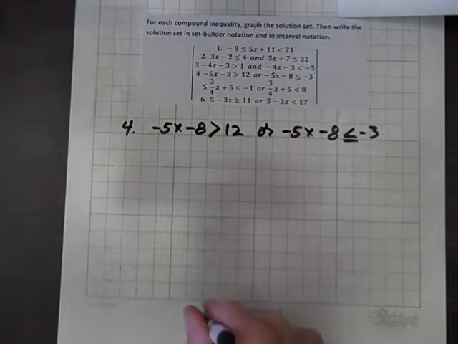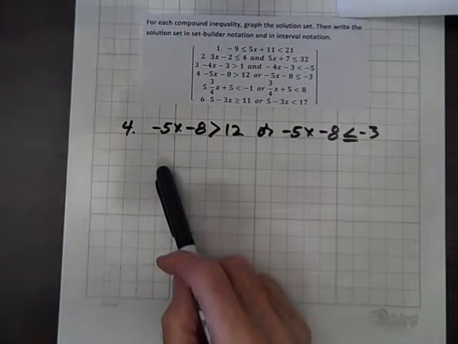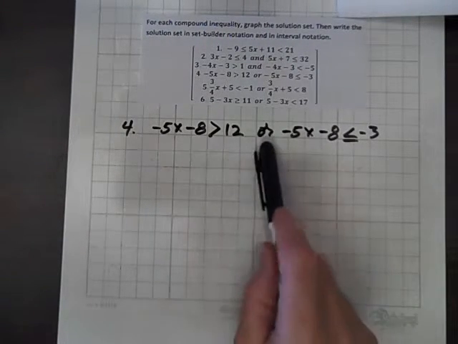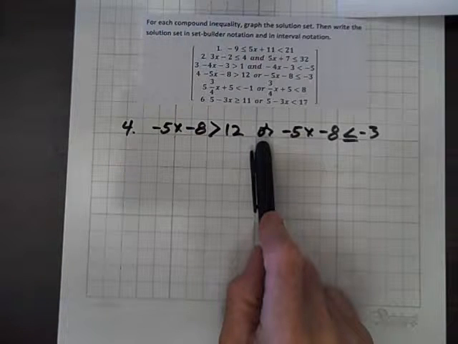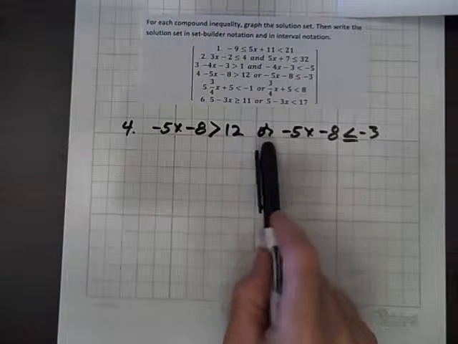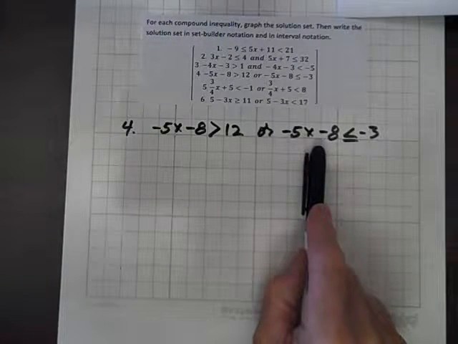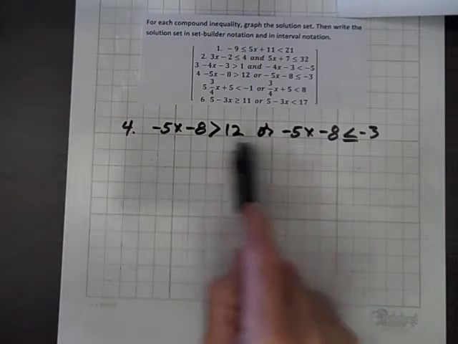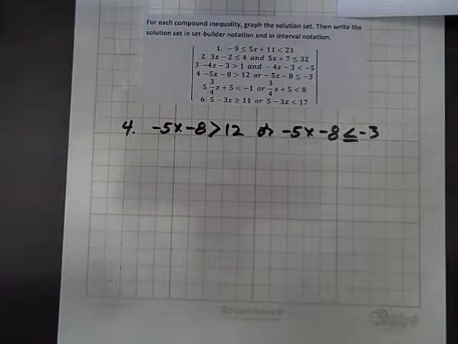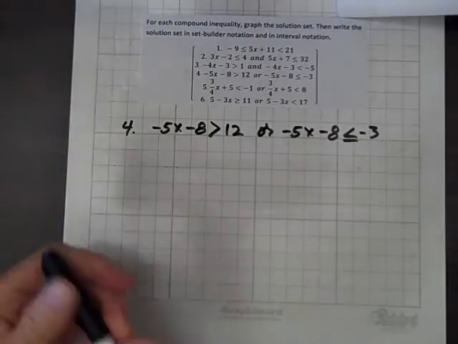Now for 4, we have two inequalities connected by the disjunction OR. So to be a solution, a value does not have to satisfy both of these inequalities. It can satisfy one or the other. So starting at the left,